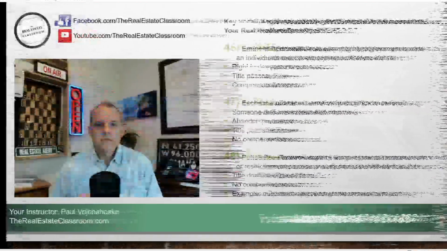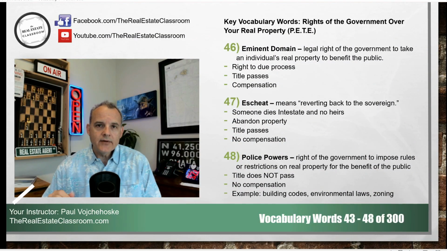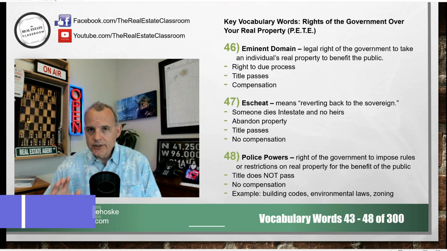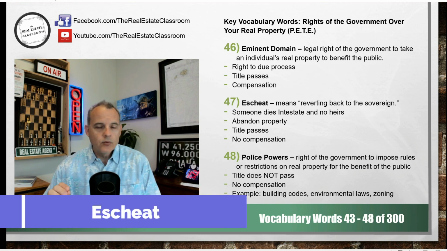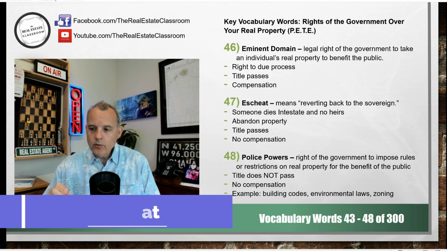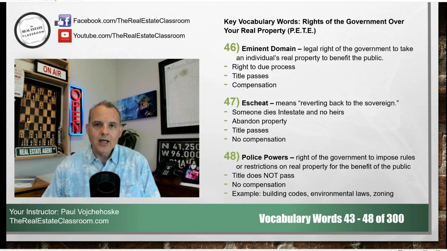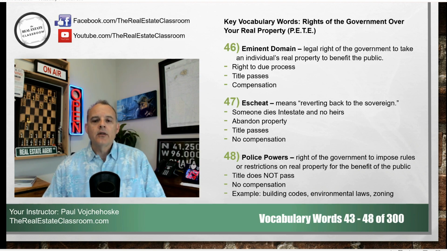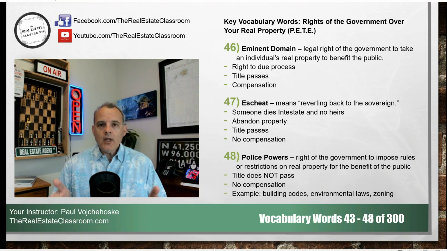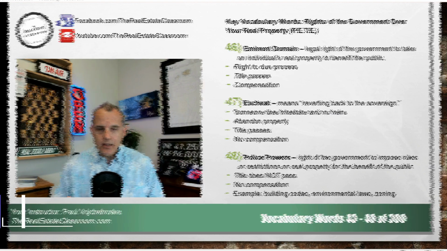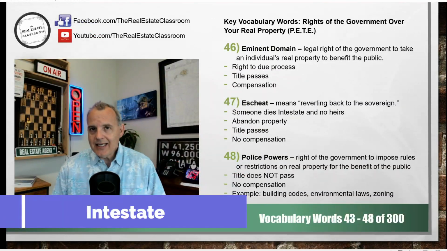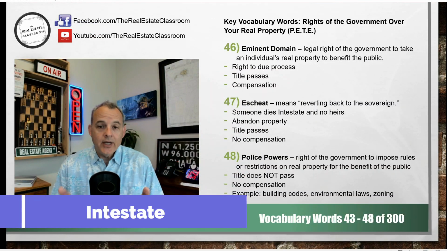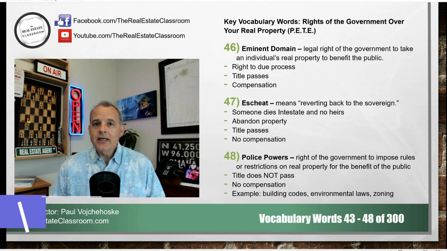Now, number 47 of 300 is a doctrine called escheat. There's a root word in escheat, and it's called cheat, C-H-E-A-T, where the government is going to cheat someone out of their property. Now, there are two ways that escheat is used. The first one is where someone dies intestate. Intestate is a key real estate term that you have to know, and it means that someone has died